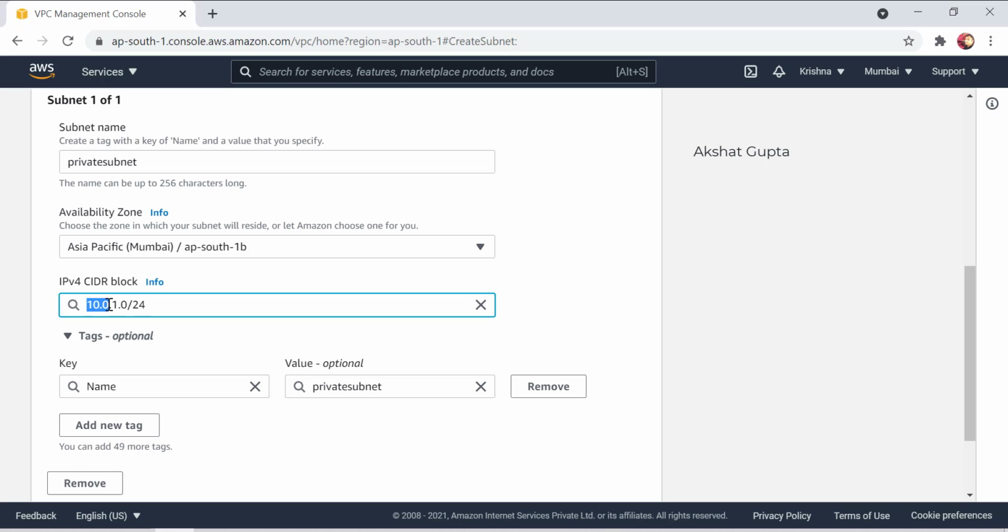Here two addresses were allocated to the network and two were given to us, but here we have used 24. So it would be a different subnet. Both subnets have different IP addresses, but both would be inside the IP address range of the VPC.